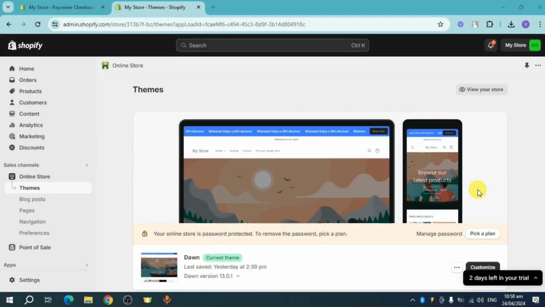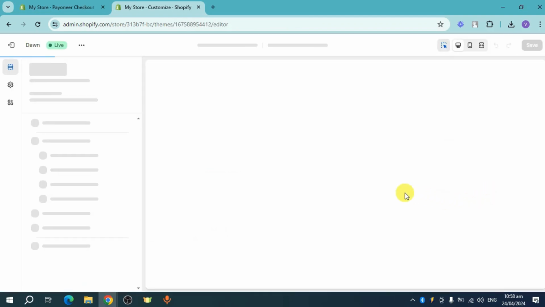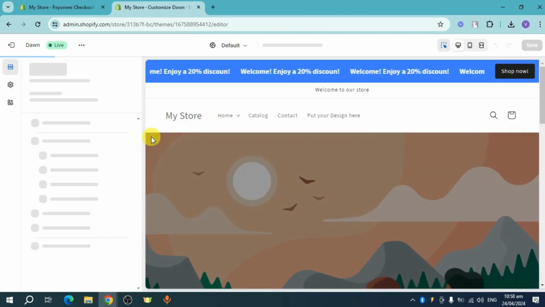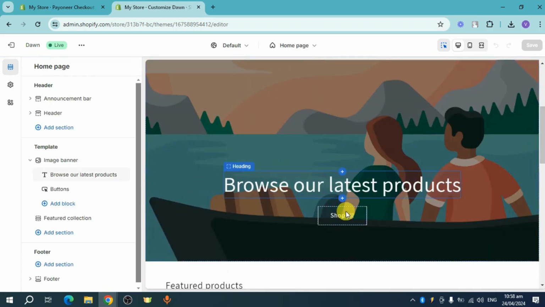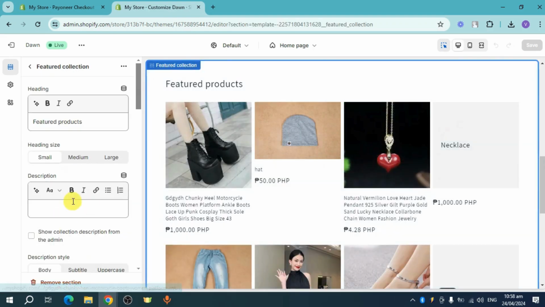Shopify. Let's get started. So in order to do that, let's click on this customize right here on our theme. And then in here, I should be able to open my Shopify editor. Now, for example, I have these templates and I want to actually edit out the background for this one. So what I can do is I can actually just edit or click on this and I have in here